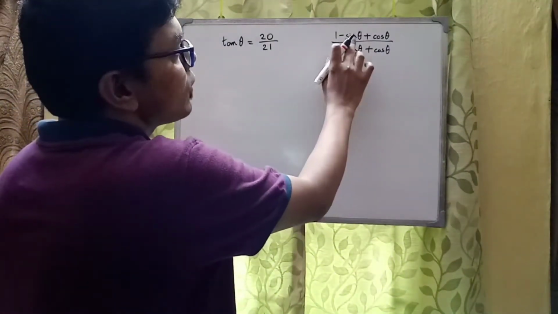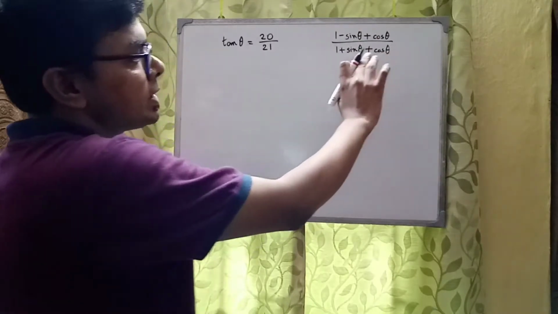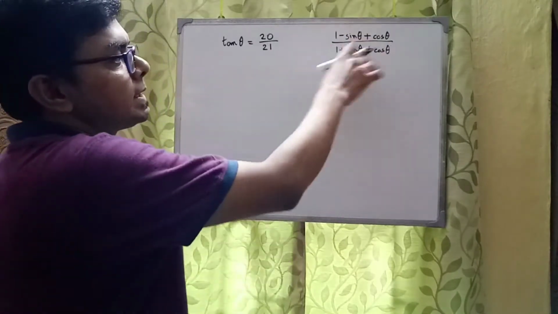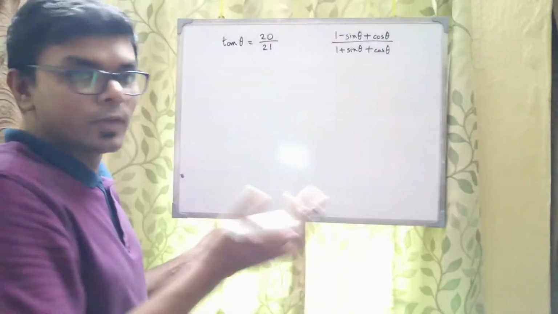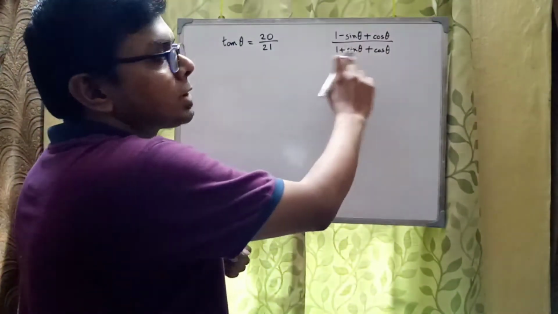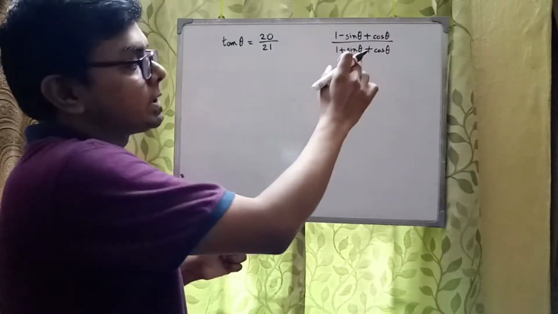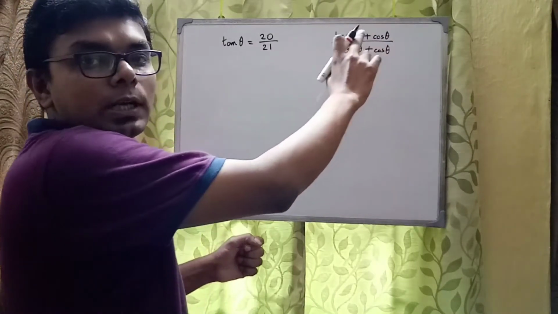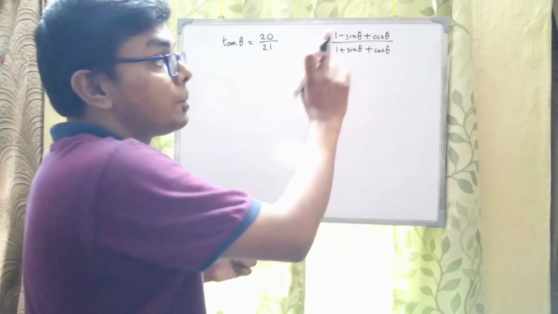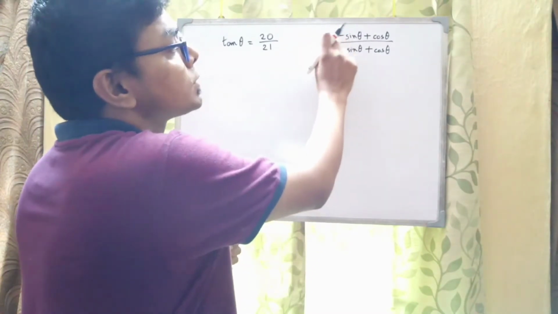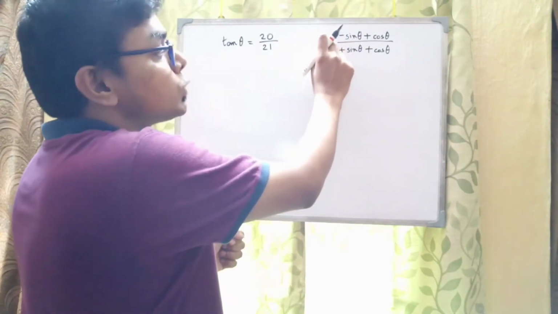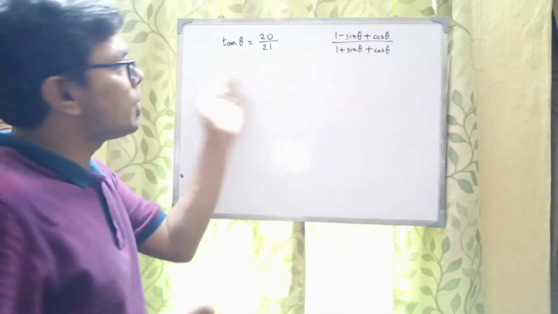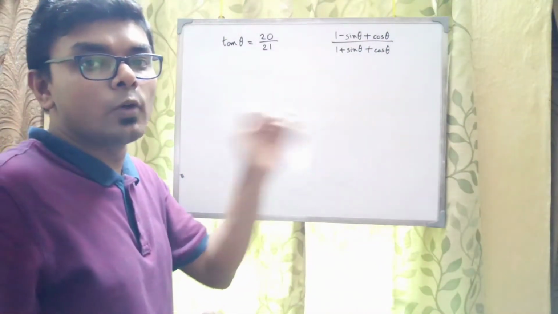We see that we have got sin theta and cos theta both in the numerator and denominator, and the value of tan theta is given. So somehow if we can bring tan theta over here, then the problem will be very easy. But on dividing both the numerator and denominator by cos theta, we will get sin theta by cos theta here, that will be tan theta, and cos theta by cos theta, that will be 1. So that becomes easy. But we are left with one more problem. We will also do 1 by cos theta, so that will be sec theta. So another term will come, that is sec theta. So from the given information, first we have to find the value of sec theta.